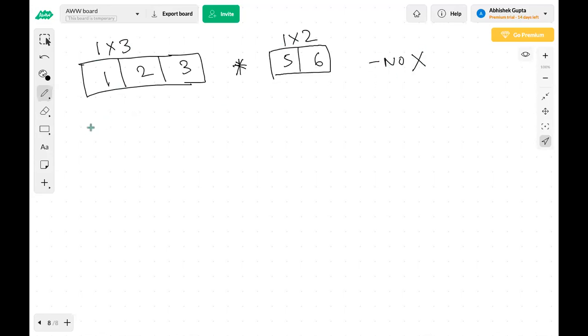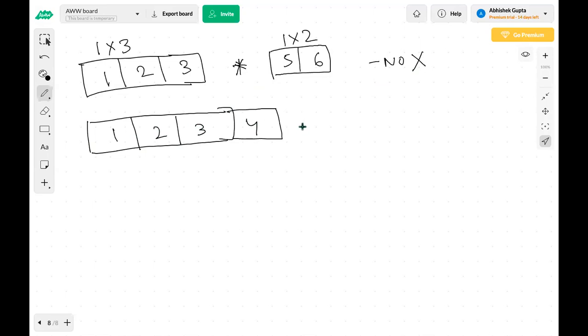Fine. Now, what if you have one row where you have this and one more element, this 1, 2, 3, 4, into 5 and 6. Okay, is it possible? Fine. So now there are a number of possibilities which we can check with the code. Okay, so let's run the code. I'll also be explaining this with the code. So wherever you are not able to match the number of rows or the number of columns, it is not possible.